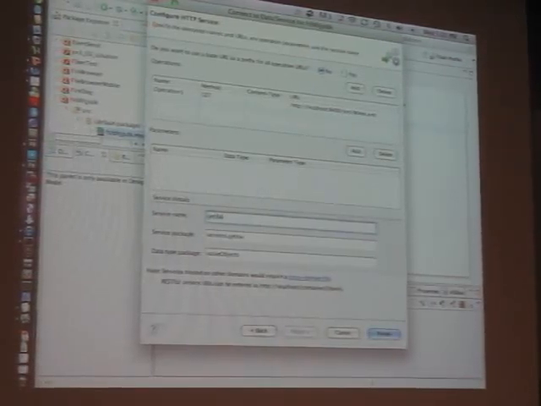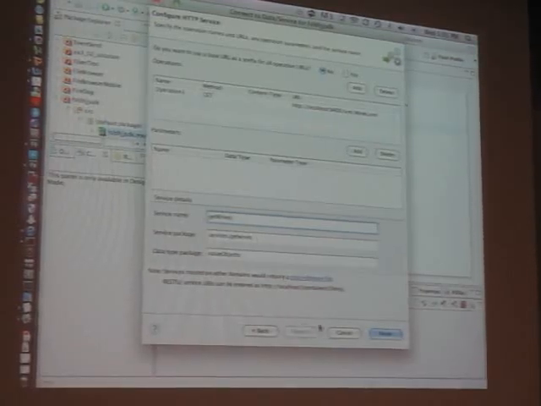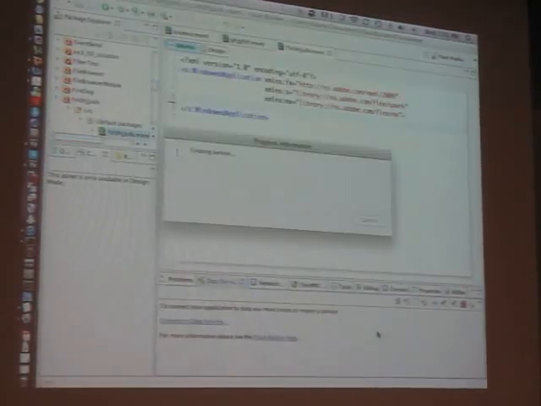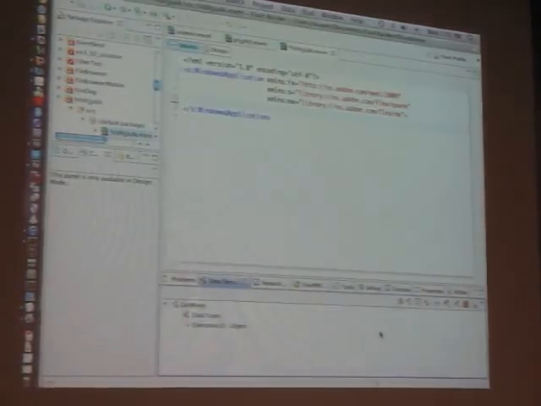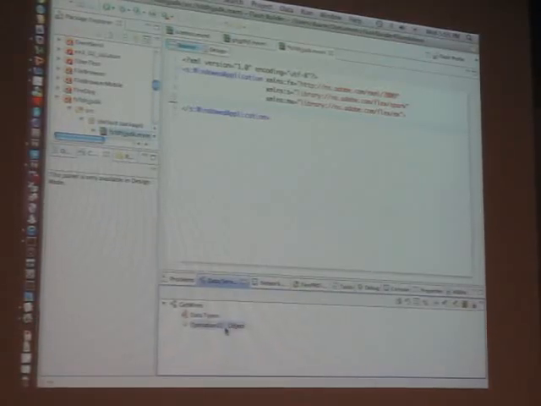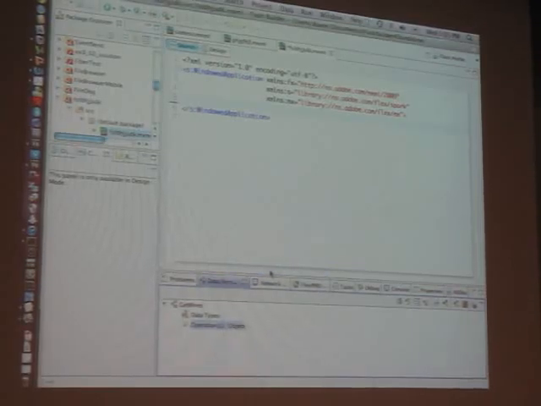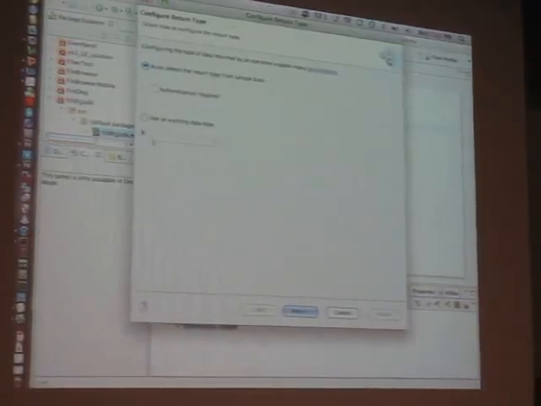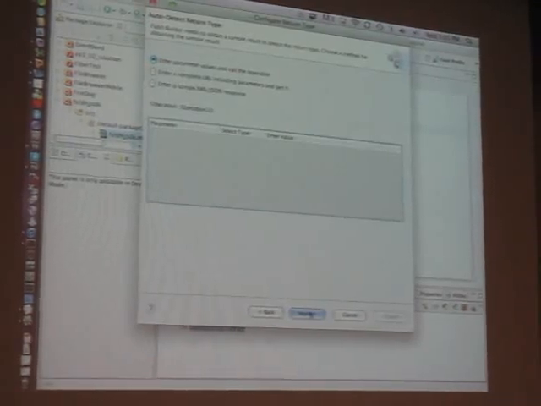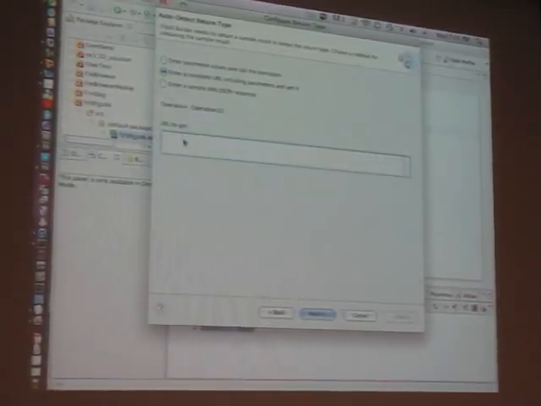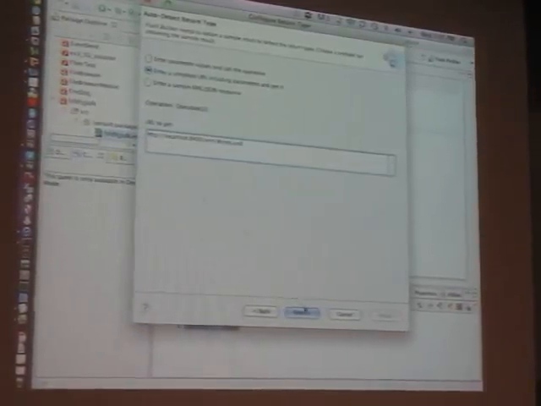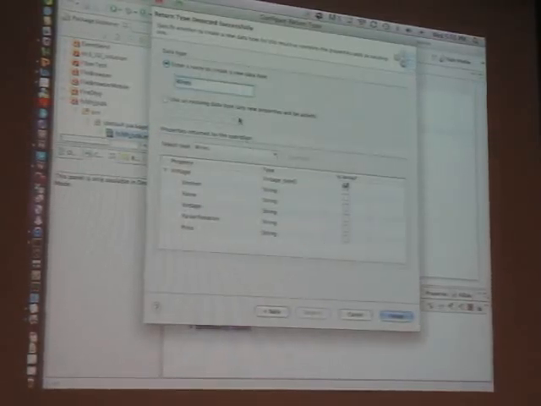It finds the package name. And this is going to go out and create a service. And the service now returns object. Because we want to bind it to a data grid, we have to do a little bit of tweaking with it. So we have to give the Flash Builder the ability to go out and inspect that and tell it,